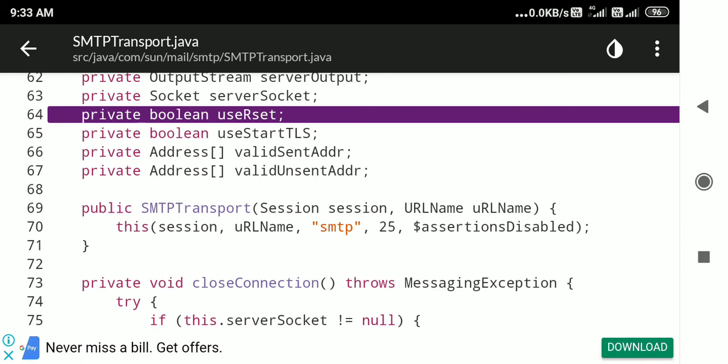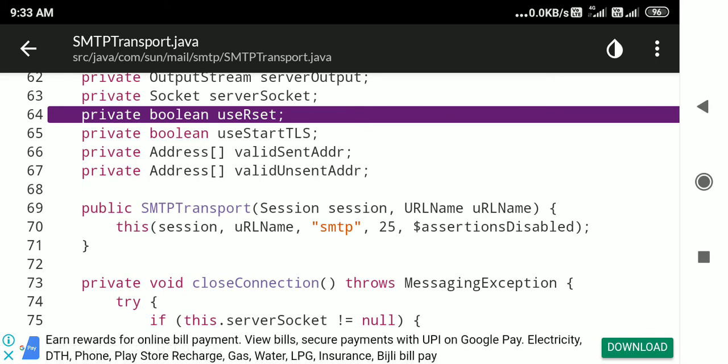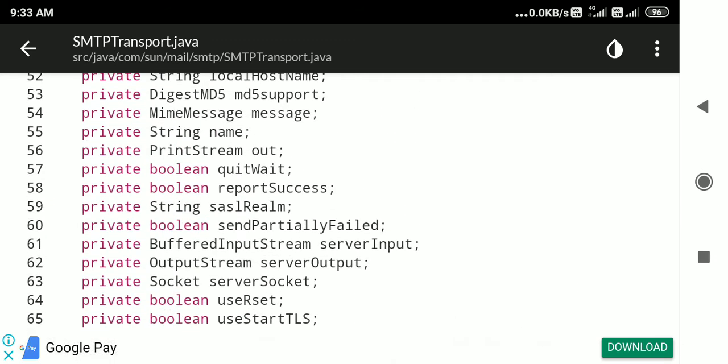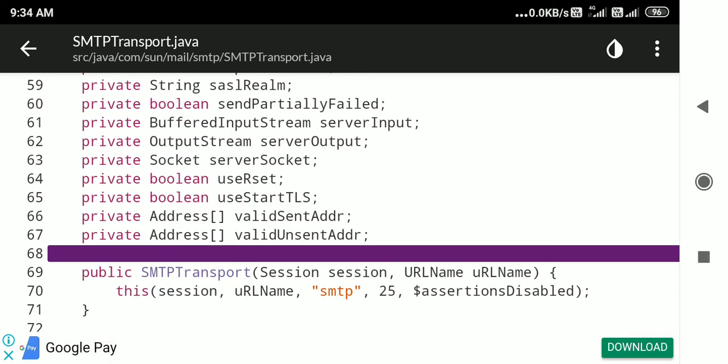So you're going to make this transport call with this URL name and other things, and whatever you want to fill, you can fill all those valid values, like SMTP port 25, session disabled and things like that.